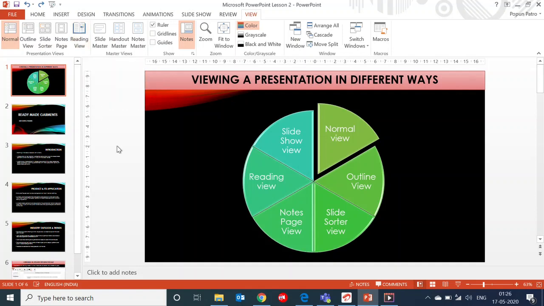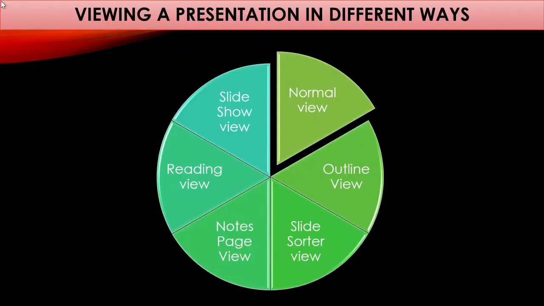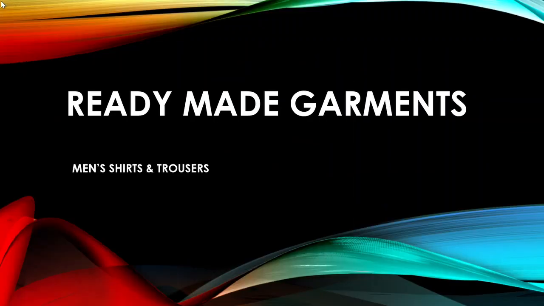slideshow view. The option is not available in the view tab. It is available here, look, there is an option here, slideshow. Click on that option and your slideshow shows.